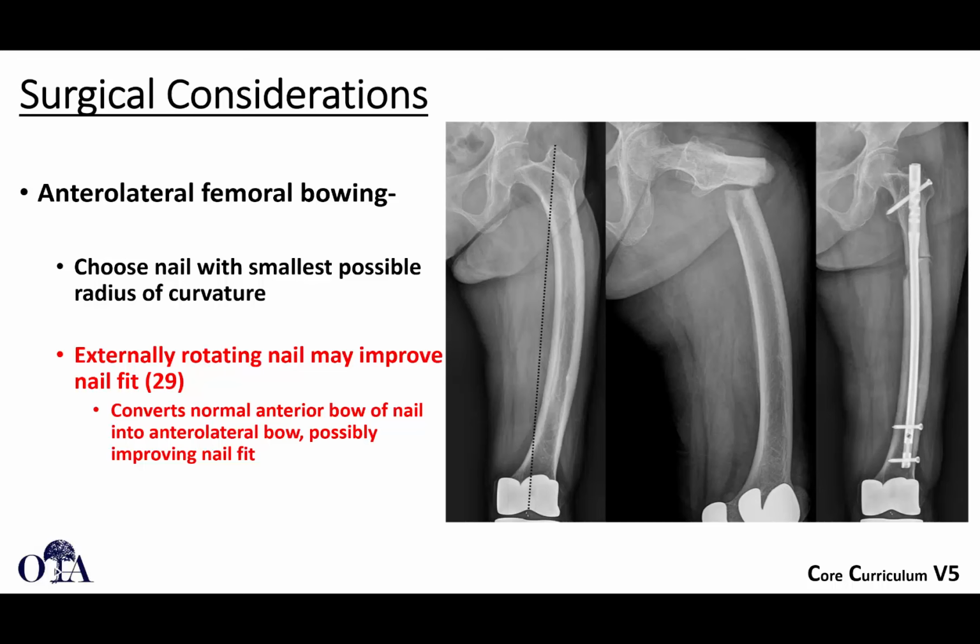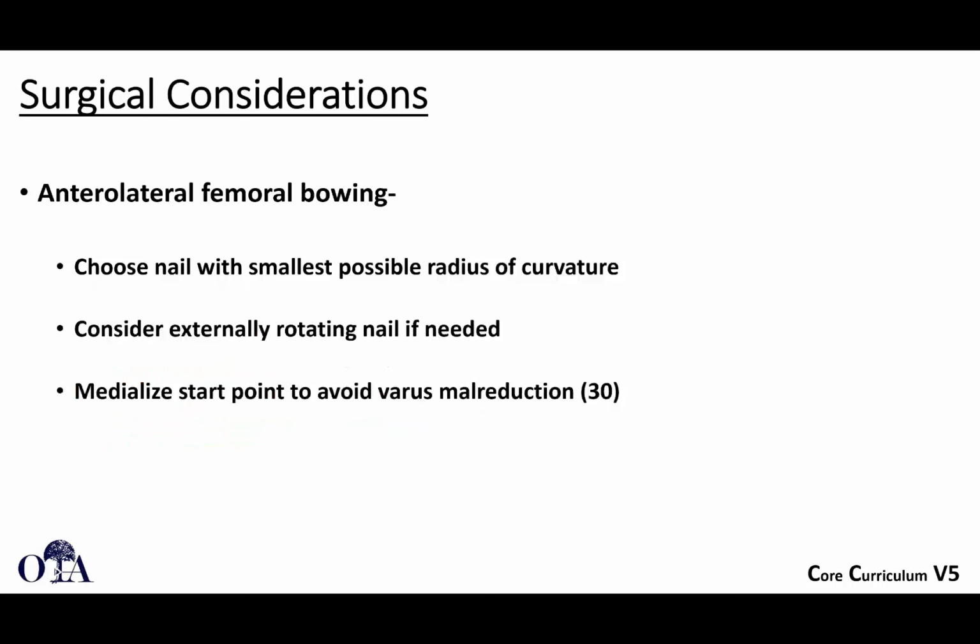Not everybody has the ability to take an intramedullary nail and add a bow to it. That's very difficult. But what you can do sometimes, in this case you can see they've used a nail, and maybe it's not as obvious, but they've done a little bit of external rotation of the nail to accommodate for this bowing. So for example, normally your femoral nail has an anterior bowing. Well, if you externally rotate the nail, you can get that bowing to be anterolateral